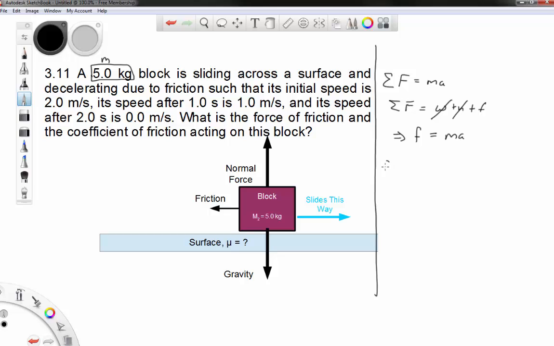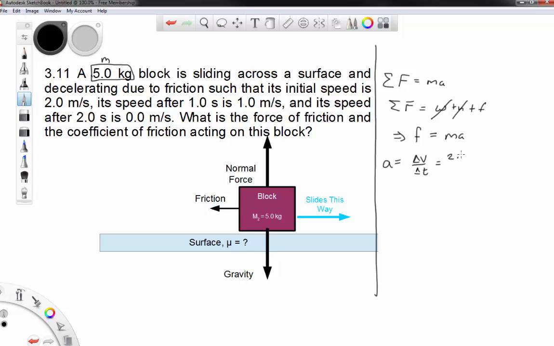So I'm going to shorthand that as acceleration is delta v over delta t. And you'll notice that there is a constant rate of change here. We started at 2, and then in 1 second we went to 1 meter per second. And after 2 seconds we were at 0 meters per second. So regardless of which two of these we use for our delta v and our delta t, we're going to